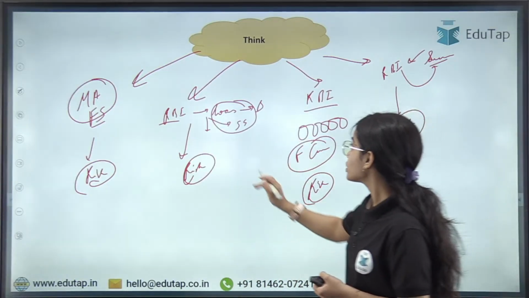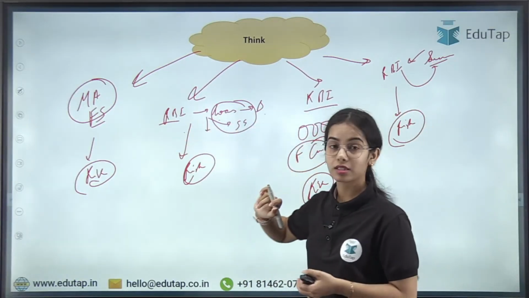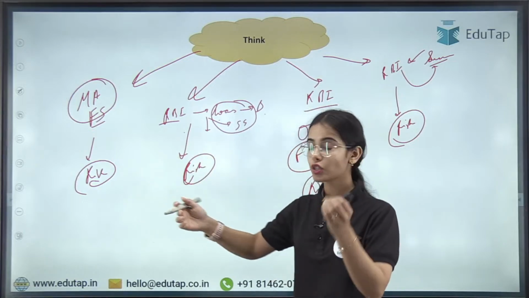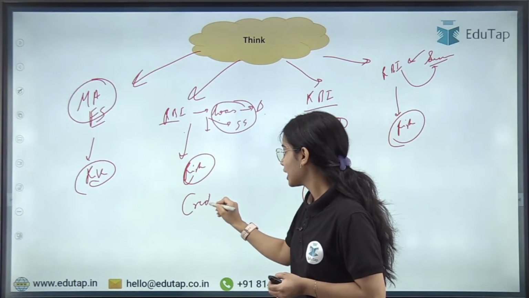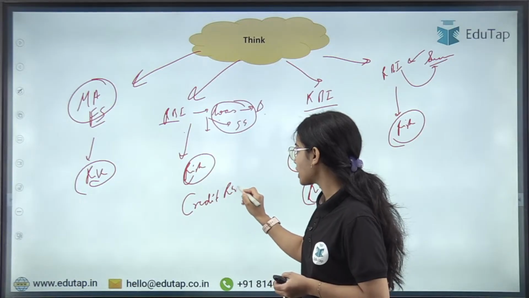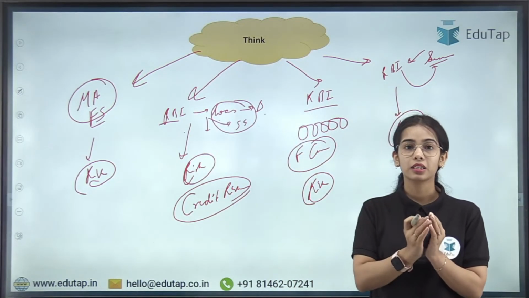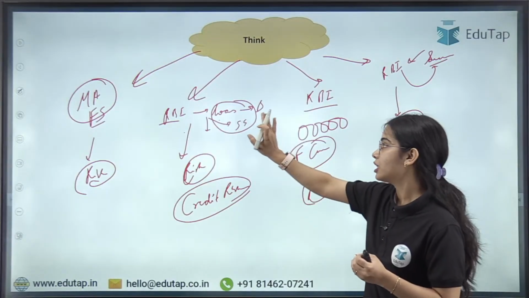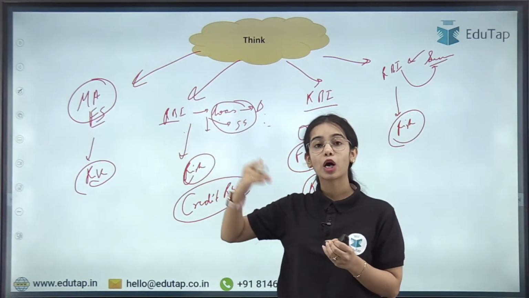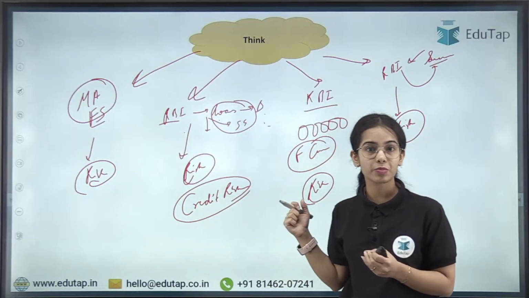Yes, very good. So see, RBI is providing loans to the banks. So there is credit risk involved: what if the bank is not able to repay the loan? What if the counterparty defaults? What if the other party defaults? So there is counterparty risk, there is credit risk present.